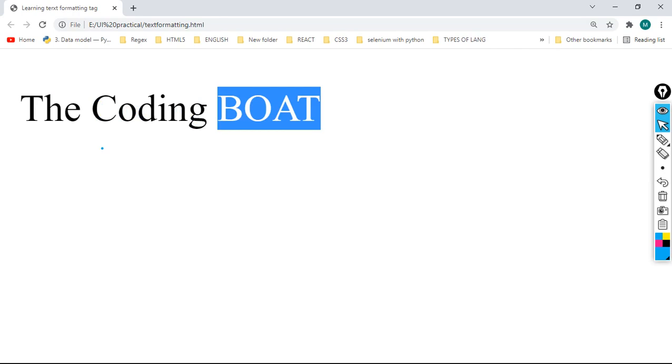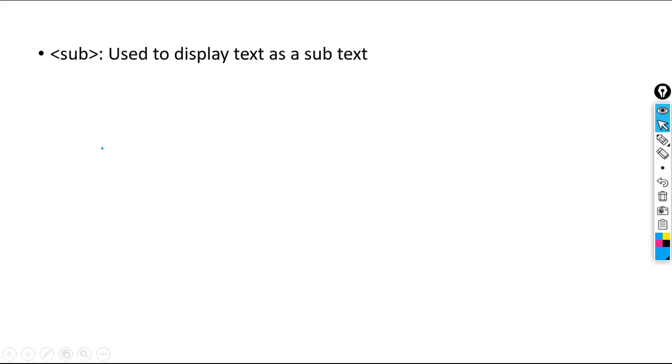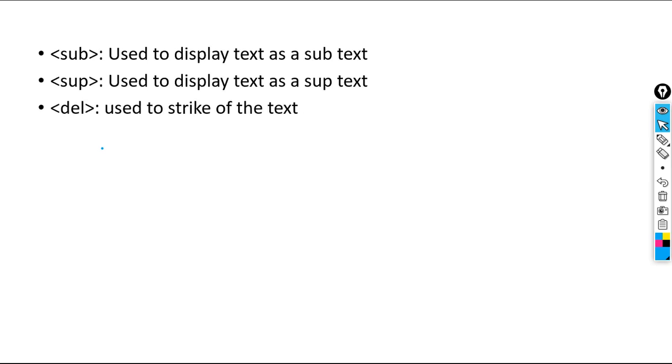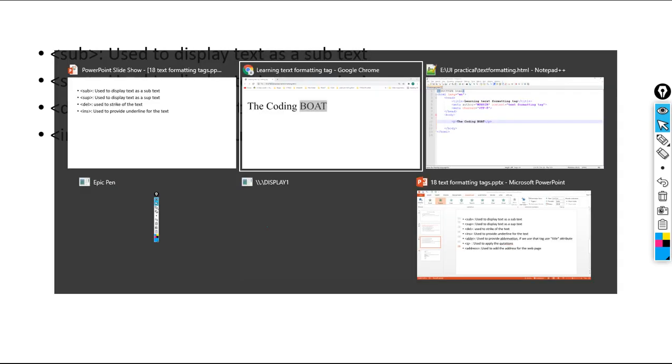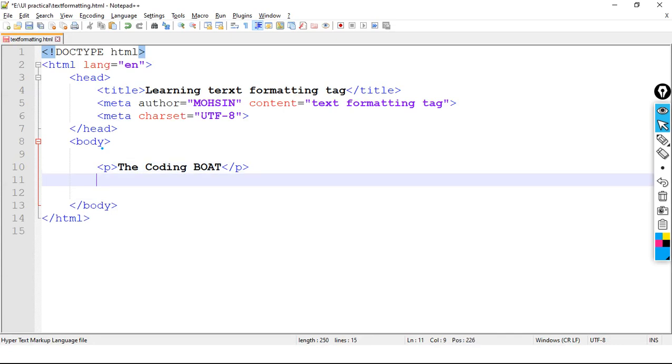in size. Similarly, we have a few more tags: sub tag, super tag, del tag, correct. So suppose I want to display some mathematical expression, how can I display it?